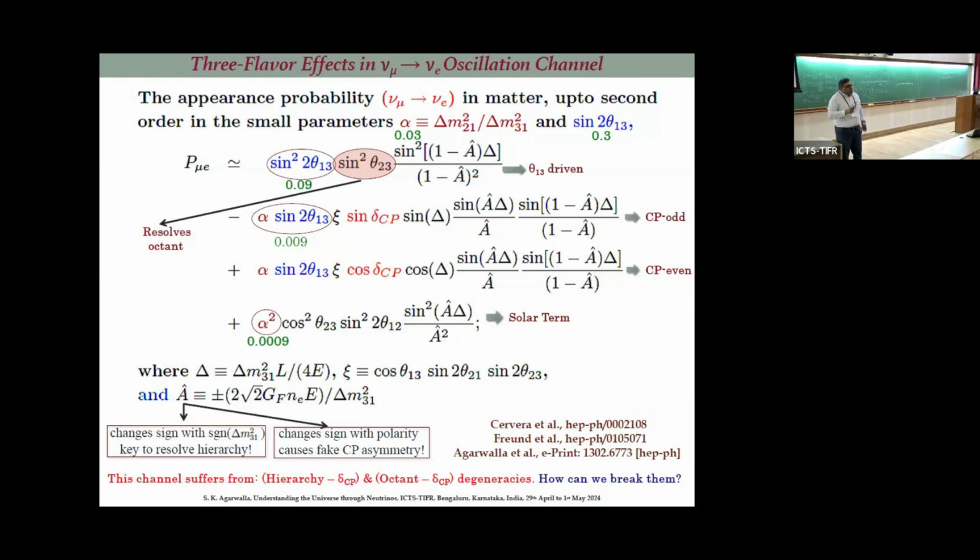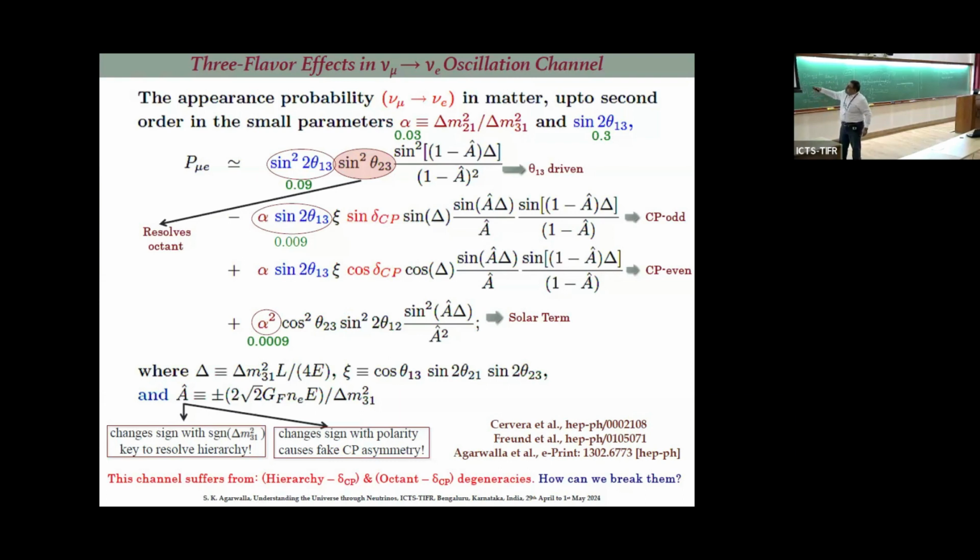Correct? Now you appreciate this is the leading term. If you are learning GLoBES, and you are familiar with this expression, can you write a C++ code in these few days? Just write it. Believe me, it will take only 2 hours. You write a C++ code for T1, T2, T3, T4, and just plot it as a function of energy, or calculate with the best fit values of oscillation parameters what is the typical strength of this term. No matter how much I shout, if you don't do it by your hand, you will not appreciate. Okay, so please do that. I'm not telling you big things, you should be able to do that. So if you do that, this is the leading term.